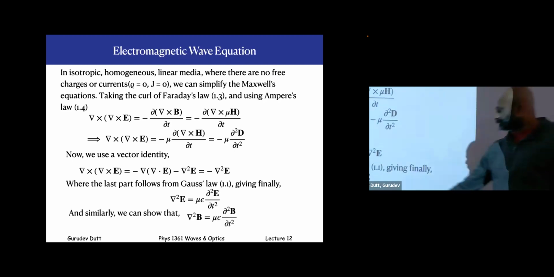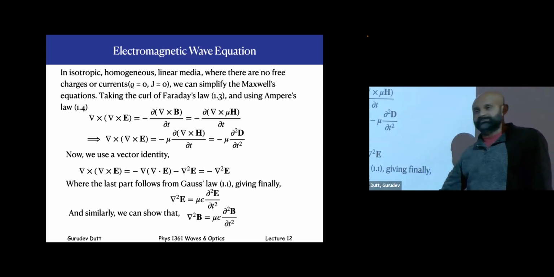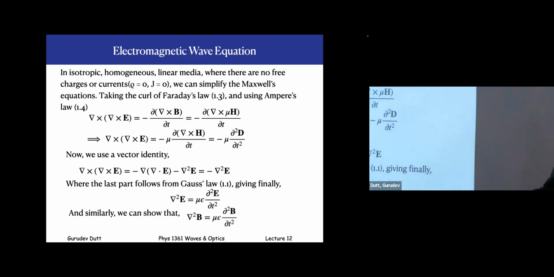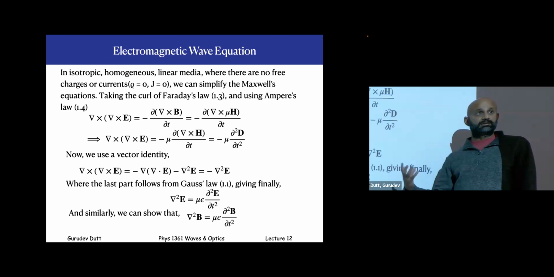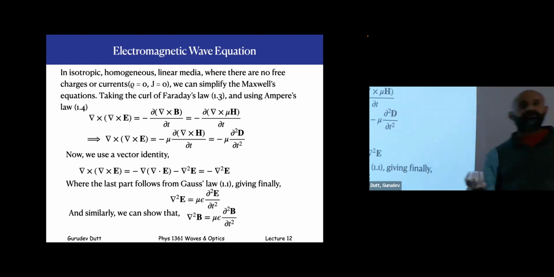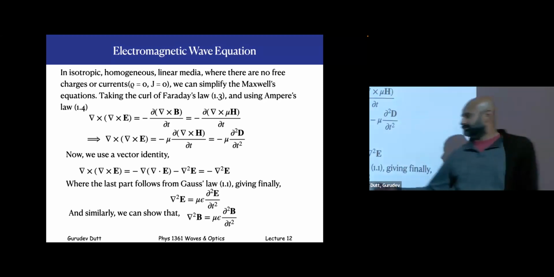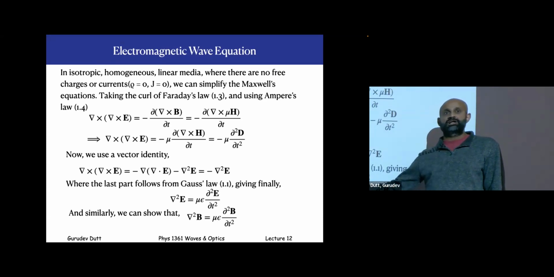Similarly, we can also show that del squared B equals mu epsilon dou squared B over dou T squared. Now, this equation, in case you've forgotten, back in week 2 or so, when we introduced the wave equation for a single field, a scalar field or a scalar displacement, we showed that the most general planar wave equation